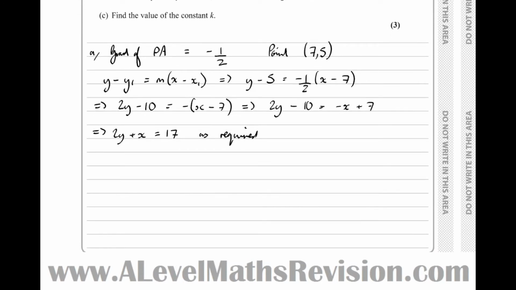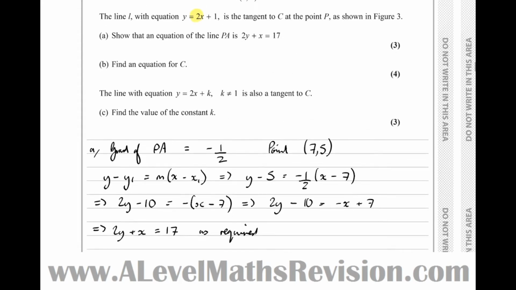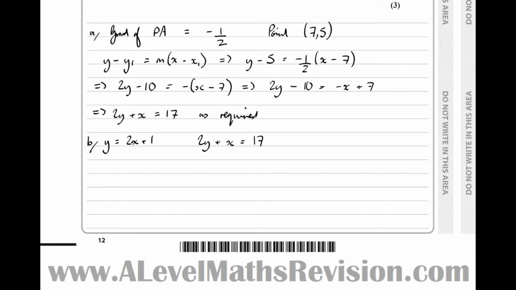So part B, we want where y equals, the equation of the first line was y equals 2x plus 1. So the line y equals 2x plus 1, and this line here that we've just worked out, 2y plus x equals 17, where they both meet. So we'll solve those simultaneously. Well, we know y equals 2x plus 1. So if we sub that into the second equation, that implies 2 lots of our y, which is 2x plus 1,